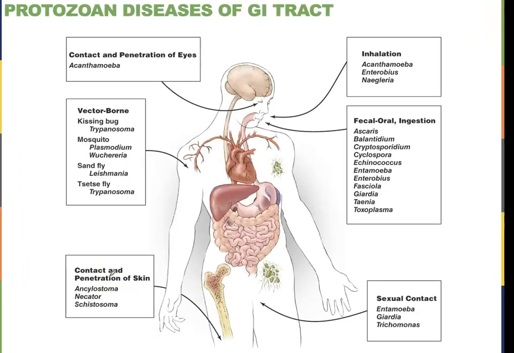All right, we're going to jump into protozoan diseases of the GI tract. So this is going to be an overview of many protists that can enter our body in different ways. We're not covering all of these, but let's take a look at some we're going to talk about here. We're going to talk about Entamoeba histolytica. We're going to talk about Giardia. Trichomonas, we already talked about in the genitourinary chapter. But we also have Acanthamoeba here, we talked about in the eye chapter. And then we have Naegleria fowleri,